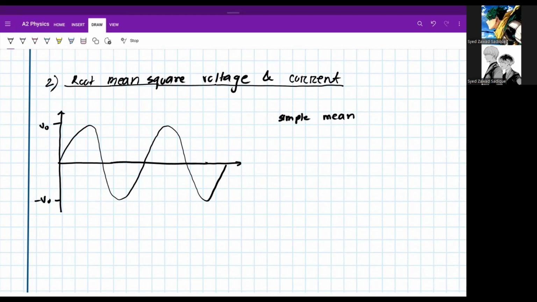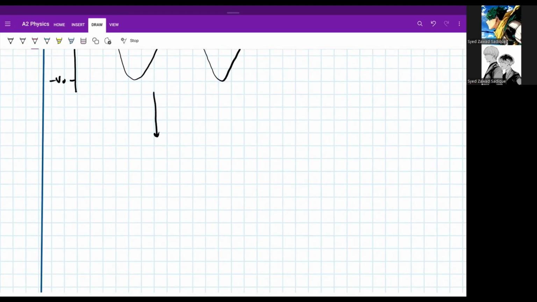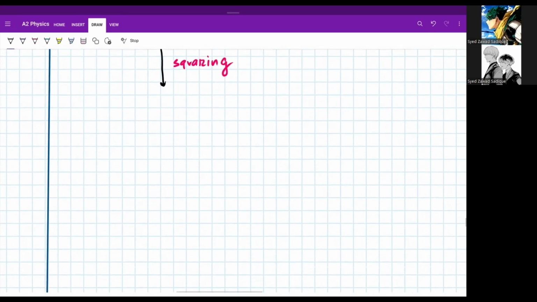Let's say V mean is equal to V naught plus minus V naught divided by 2, which is equal to 0. However, now if we square this value, then this graph will become something like,